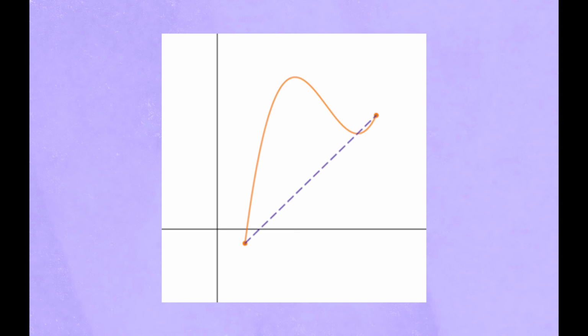As we can see from the graphs, this seems plausible for nice smooth functions. Another interpretation of the mean value theorem that seems to help people's understanding is that it says that there is a place in the interval where the instantaneous rate of change equals the average rate of change over the interval.